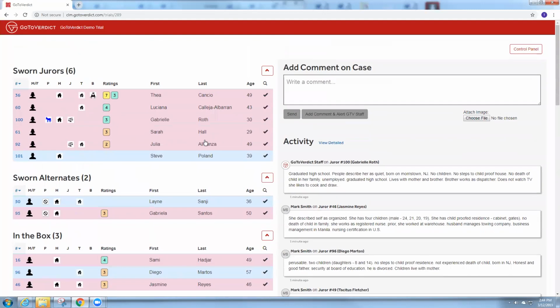We think the GoToVerdict app is the best and the most cutting-edge technology that you can use to help you select a jury. If you try to do this research by hand and try to get emails from your office into your phone in the jury selection room, any of you who have tried that know that that is a confused, jumbled mess. GoToVerdict, on the other hand, keeps all of the information under each juror,